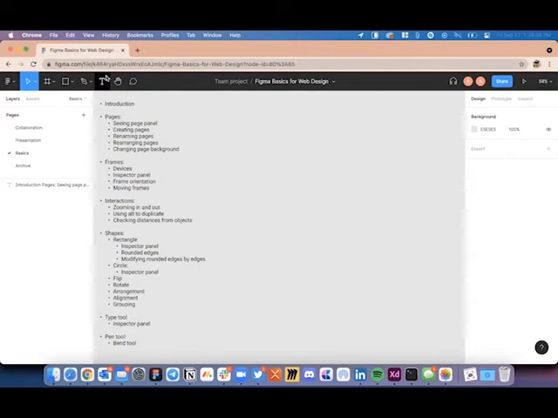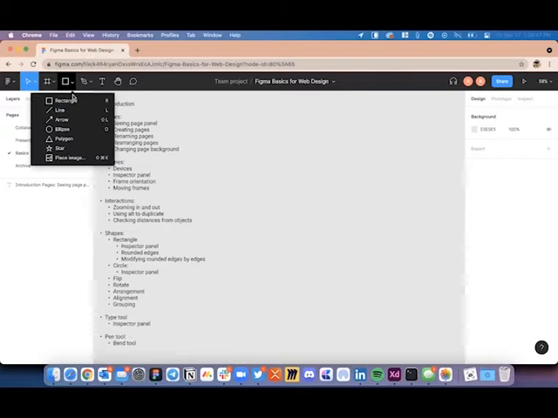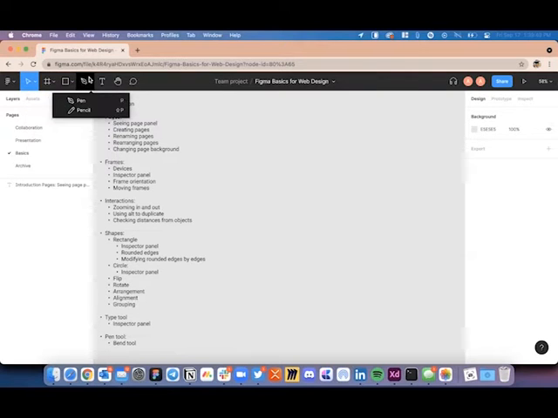On the top left side, you will see that there are different tools available in the toolbar, right? From the move scale tool to frames, slice, different kinds of shapes, the pen and pencil tool, the type tool. This is quite basic if you have used any kind of design software before. To get started, the first and foremost thing we are going to do is create a frame.